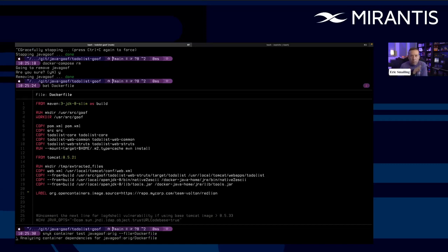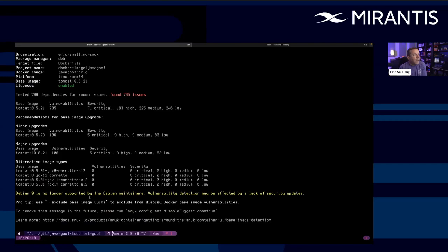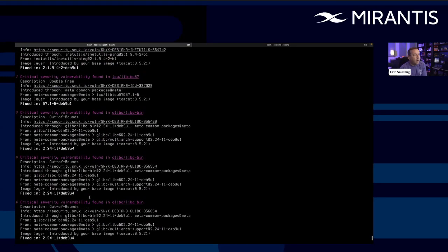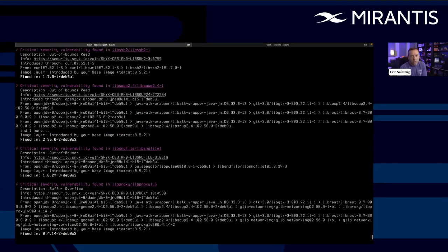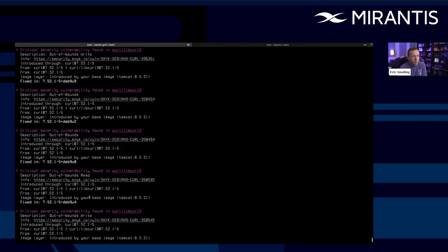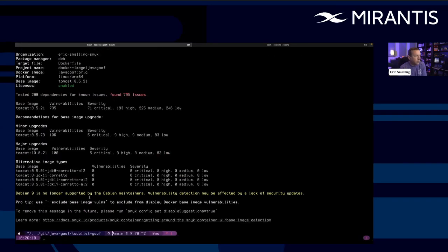What's happening now, and what most container scanning tools will do, is they will go through and look through the layers of the image, look for what packages are installed, among other things, and they'll start looking at a database. Our database is online, so it's going to start. You'll see it's querying the database. So it's pinging the Snyk vulnerability DB right now, looking to see what it finds, and you'll get a list. And each tool has a different output. Ours comes out in this summary form, or you can change the format to JSON if you want to ingest it for other uses.